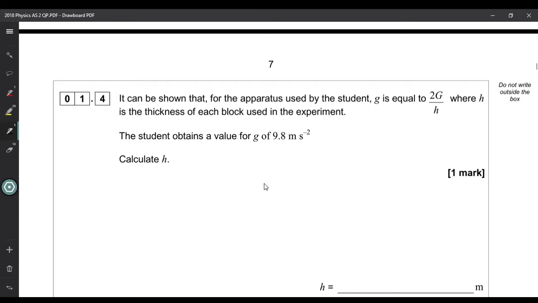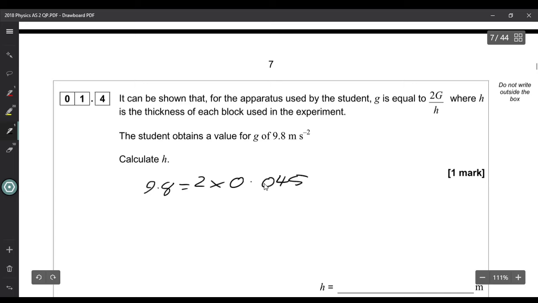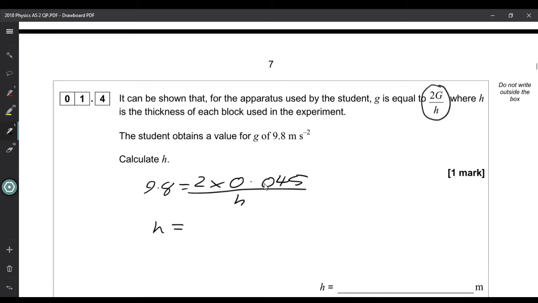So we know that 9.8 equals 2g over h. So that's 2 times the value that we've just calculated from the gradient, which is 0.045, over h. So we're given that in this equation here. So we can work out h to be 0.09 over 9.8, which equals